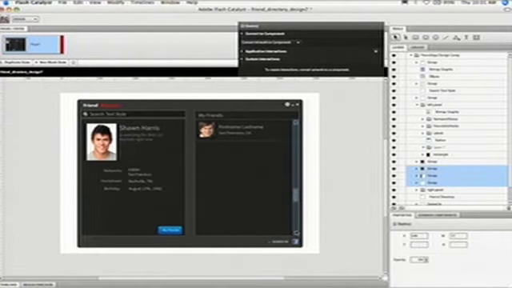And now I've got two different states. I've got the open state, and I've got just the person state. And to go between those, I can create transitions. So I can go ahead and go into my person info, open up my timeline, and I can say, okay, when I go from person info to friend list, I want a smooth transition. So I just press that button, and now I've got a bit of a smooth transition now that will actually